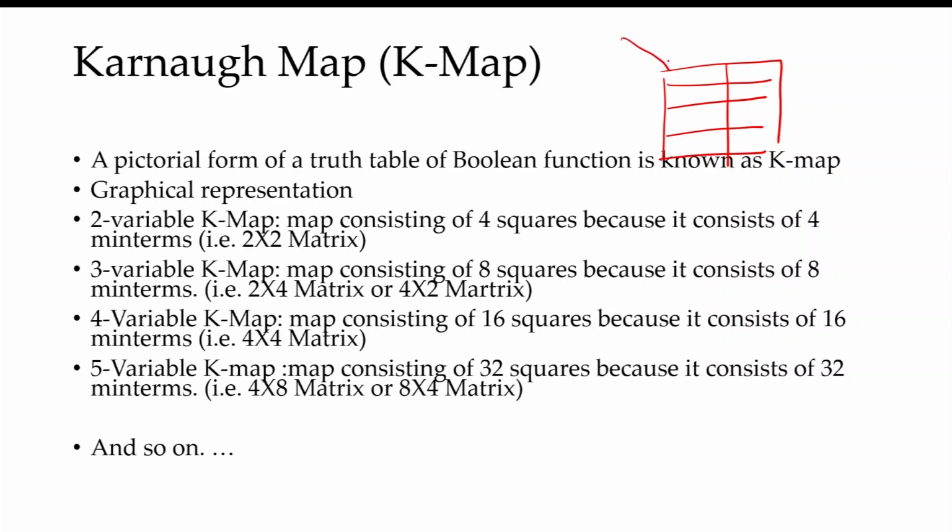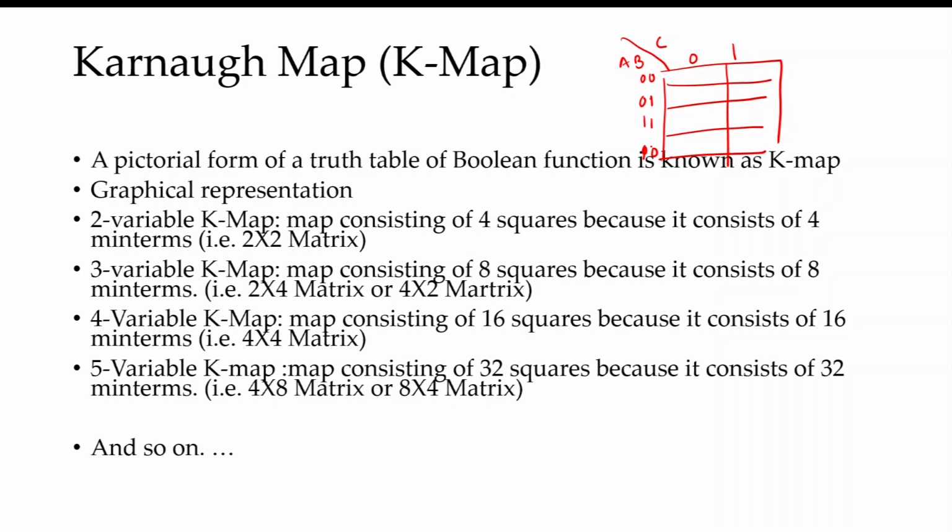When we talk about the number of cells, there are a total of 8 cells. Here the row labels are 0 0, 0 1, 1 1, then 1 0, and the column labels are 0 and 1. Here the rows represent, suppose, A B, and the column represents C. What are the possible values of C? 0 and 1. And what are the possible values of A and B? That is 0 0, 0 1, 1 1 and 1 0.